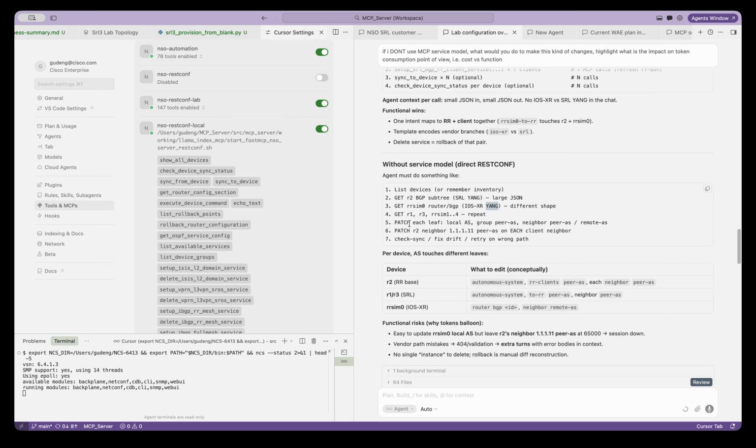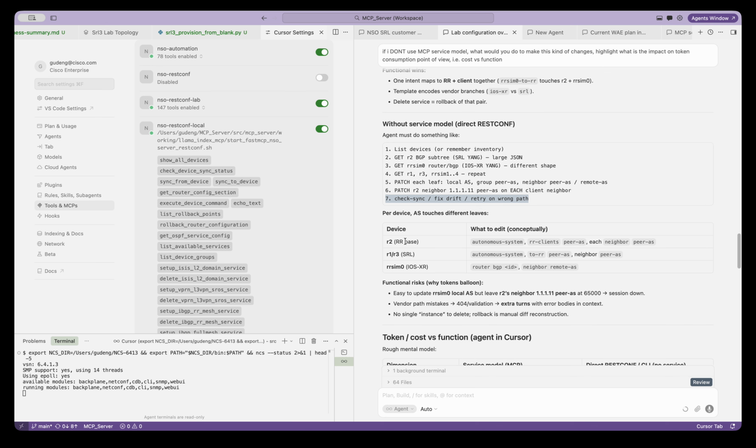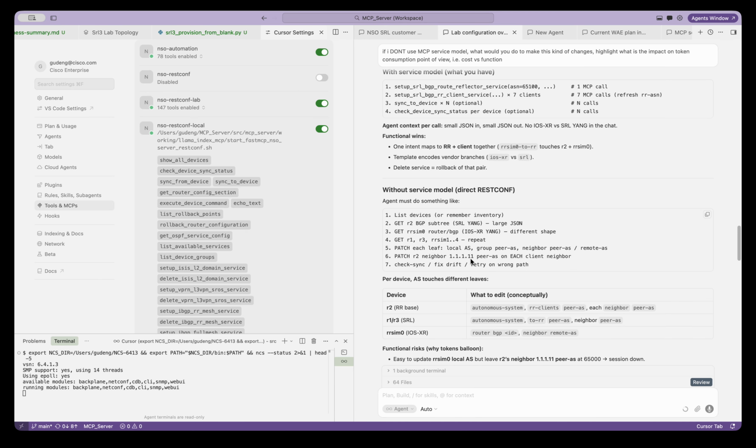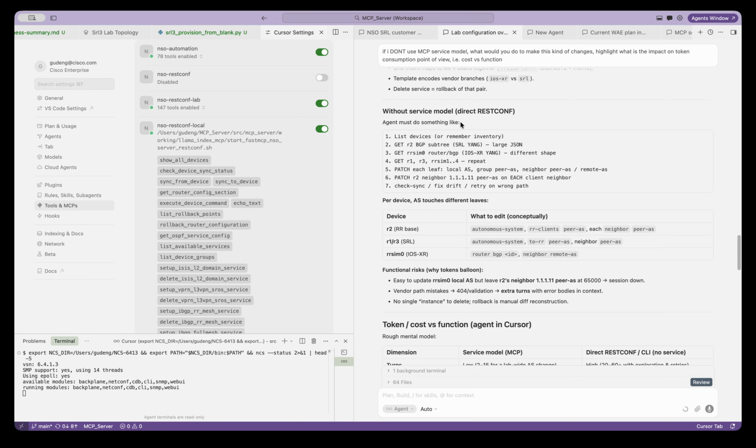Then patch each leaf, and you patch R2 as a reflector, and you check sync, fix drift, retry on run pass. So I think you already see the difference between using MCP, using NSO, and using RESTconf. I think this will be the same if you go to the device RESTconf instead of NSO's RESTconf. You can of course just call the devices directly.